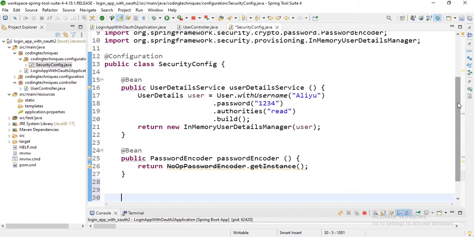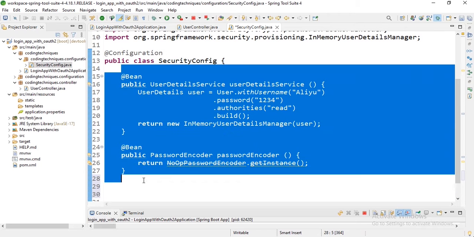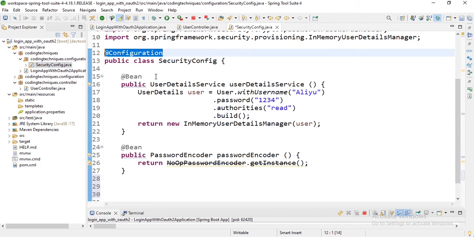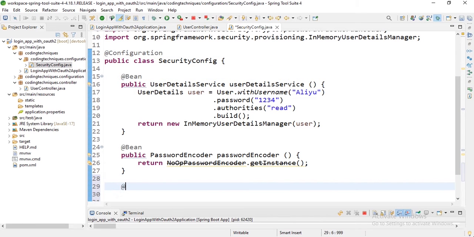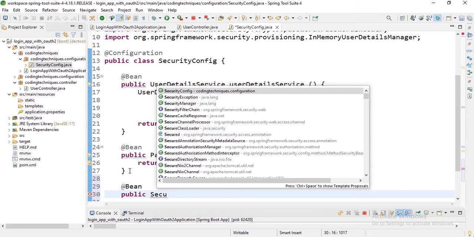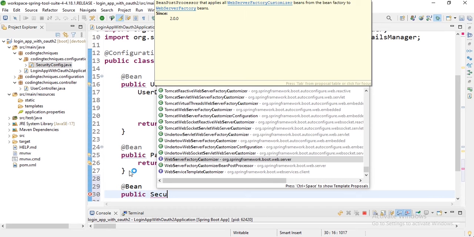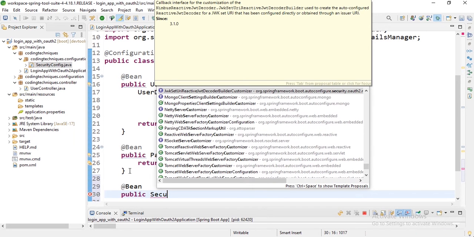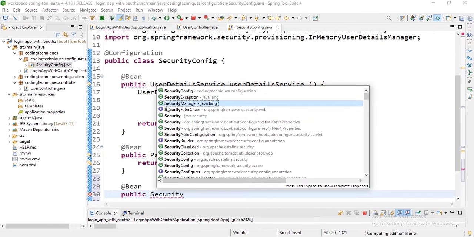And so what we will define next is the security filter chain. You see, we have two beans so far. As I said, the add configuration is a source for bean. Okay, now let's continue. Add bean, public security filter chain. Okay, so this is taking us to the security filter chain,